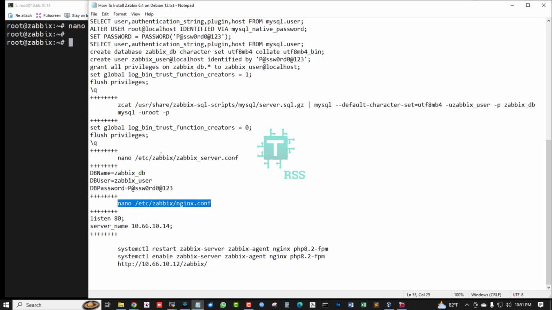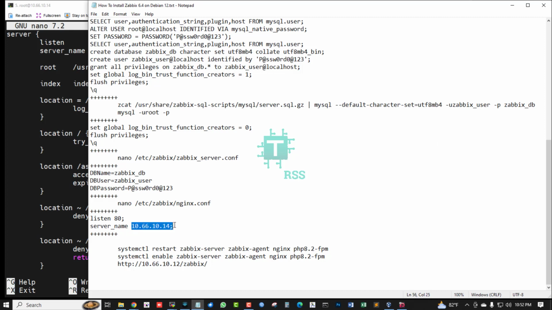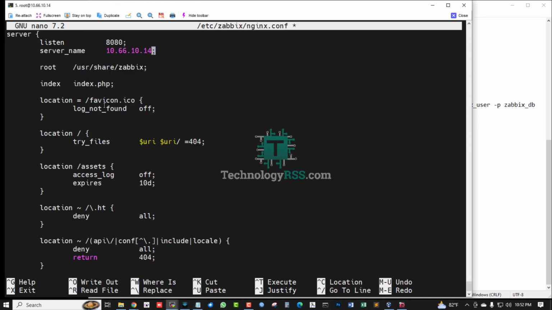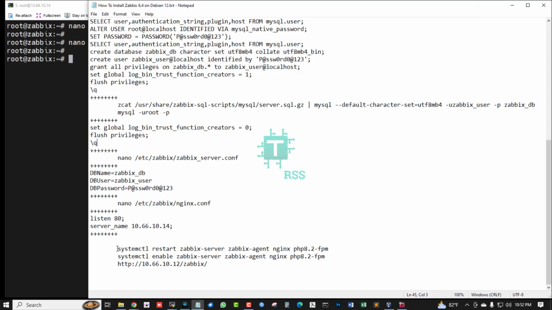And then open the Nginx configuration, remove this hash mark and then remove this domain name. If you use your domain name, enter it here and remove 80. This is for port 80 for web, 80 not 8080, this is only 80. Then save and exit. Now restart